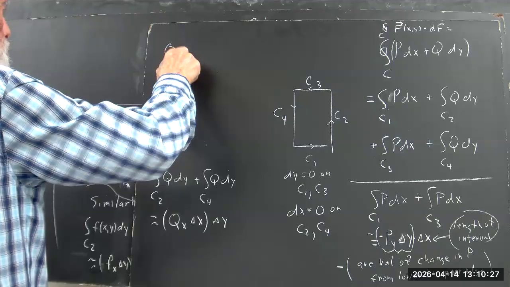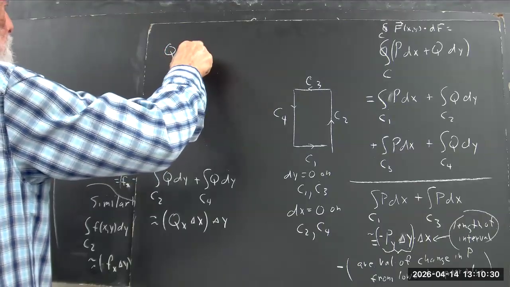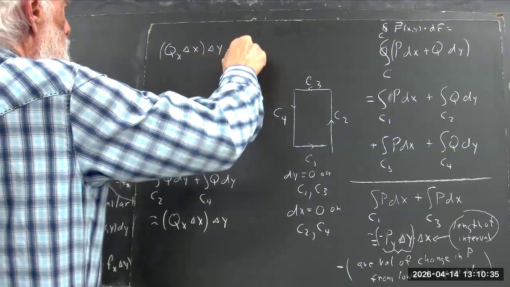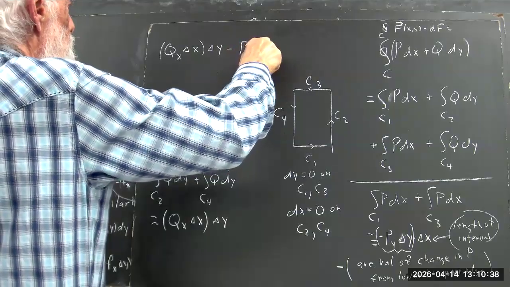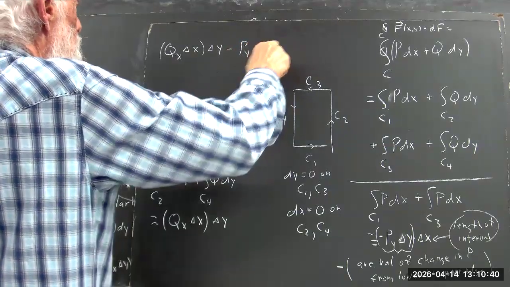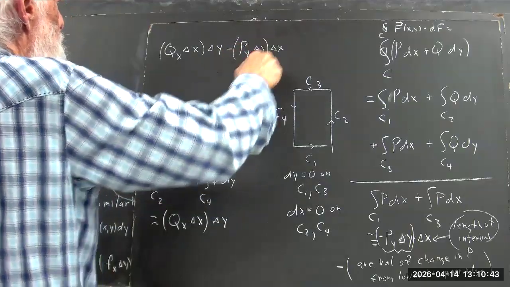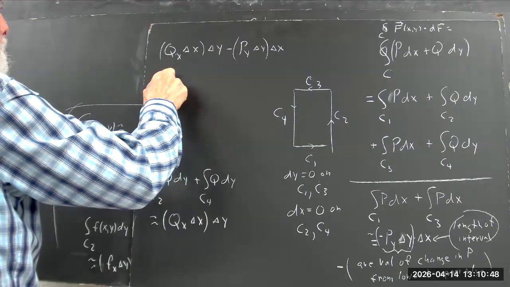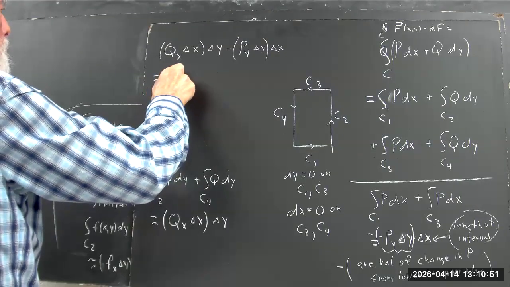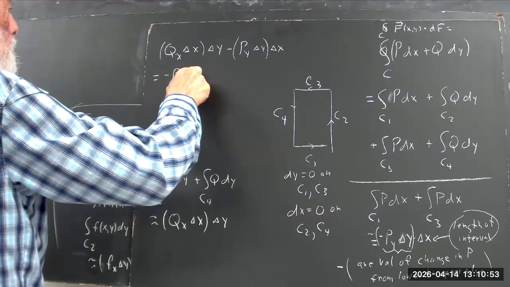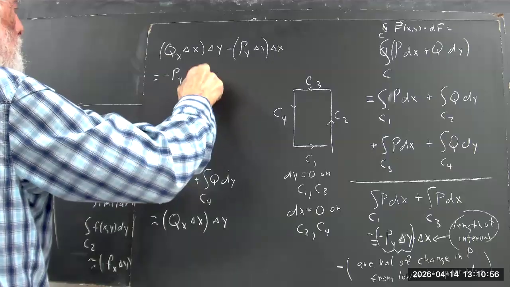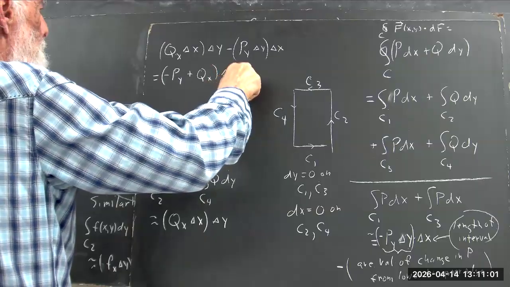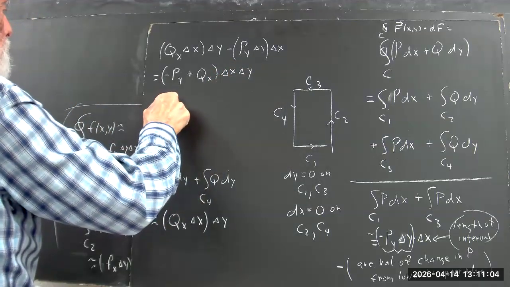Again, I'm just going to say that QX delta X delta Y minus PY delta Y delta X equals, I'll write it this way, negative PY plus QX delta X delta Y equals,